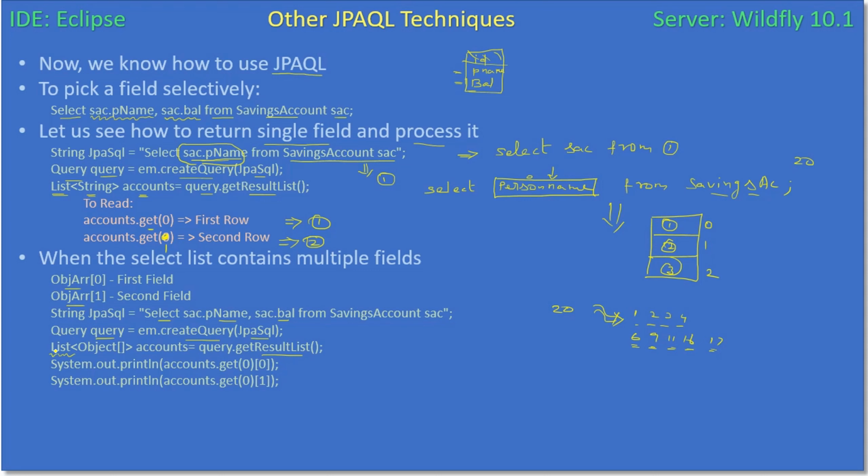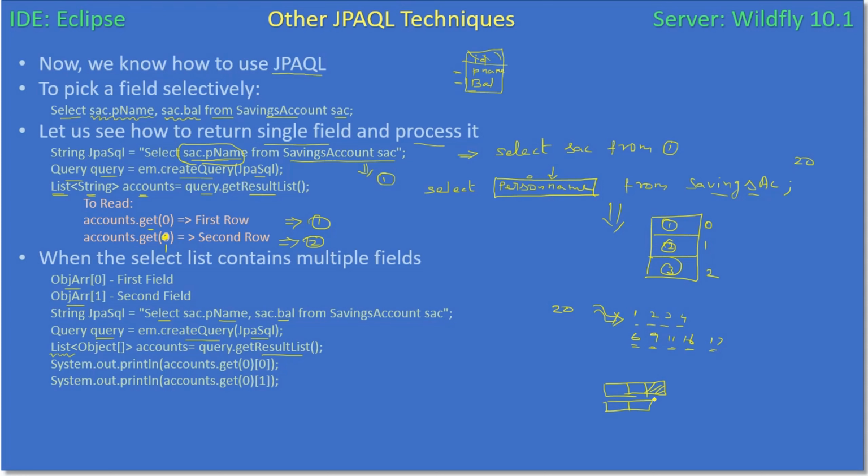So that's why, for the return here with multiple fields, there are 2 fields in this example. We state list of object array. It will be like this. Object array depends on how many fields are in the list. So here in the select we have 2 fields, which means we get an object array of size 2, that's one array,